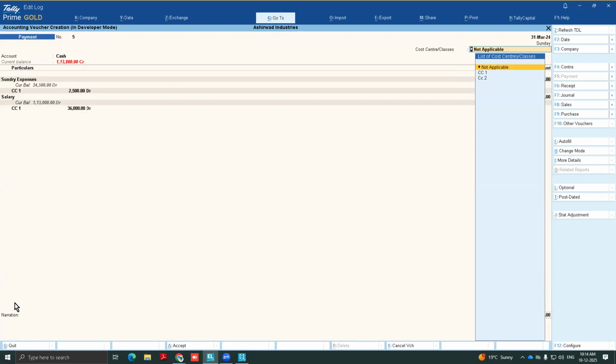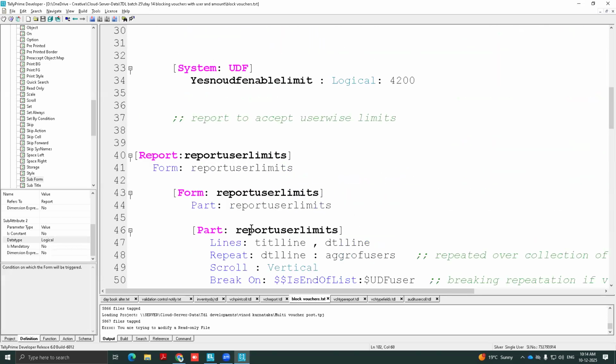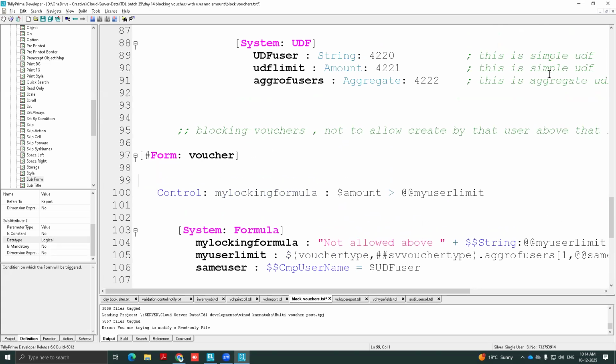Now let's do one more task. उस यूजर को भी पता चलना चाहिए कि उसका लिमिट क्या है इस वाउचर के लिए. ओके. सेल्स के लिए कितना है, परचेस के लिए कितना है. तो यहाँ पे एक विंडो ऐड कर लेते हैं. जस्ट मिनट. अपना फॉर्म का आएगा, वाउचर का फॉर्म ये था. ठीक है. इसके अंदर एक ऐड करते हैं. ऐड पार्ट नहीं, सॉरी,